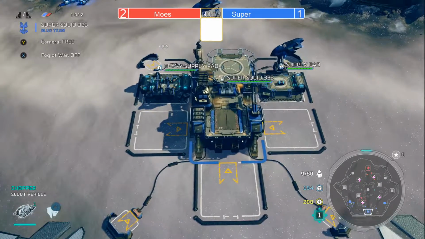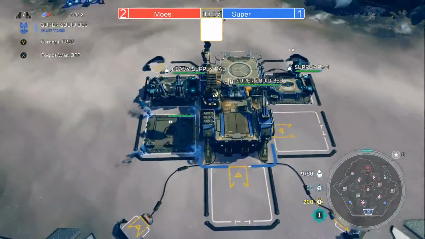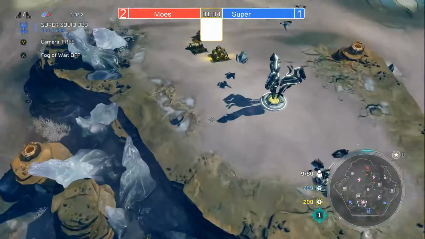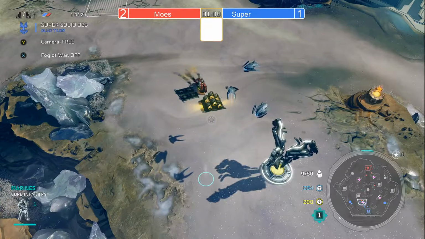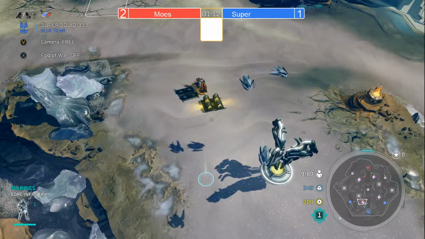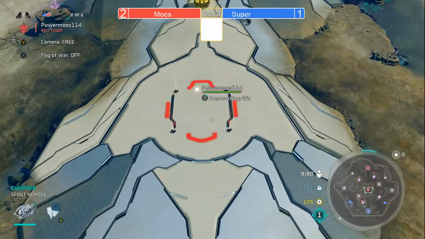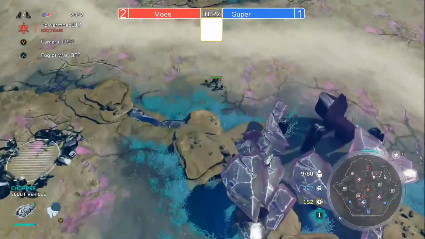Also delaying his third pad. Looks like he's waiting for enough money to buy that generator. But as the generator sacks it, so again another delayed pad from SuperSquid. He could have got that supply pad a lot earlier. Mini base complete. Mini base complete. Powermoes is going to be picking up the central mini base, and he's on his way to work for